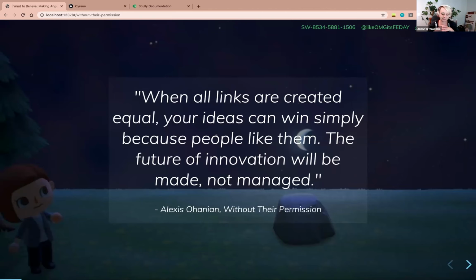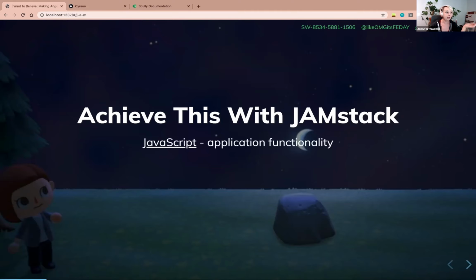All right, so before we jump into talking about Scully, I want to talk about Jamstack. I think there are probably a couple tracks at this conference that are covering this from different avenues, so would definitely encourage you to get out and explore some things. But what is Jamstack? Jamstack stands for JavaScript, which is our application functionality. Probably across the vast majority of the web now, most of our applications are written in JavaScript. This is what a user's interacting with. This is what we are using to create our UI. So that piece of the puzzle stays.